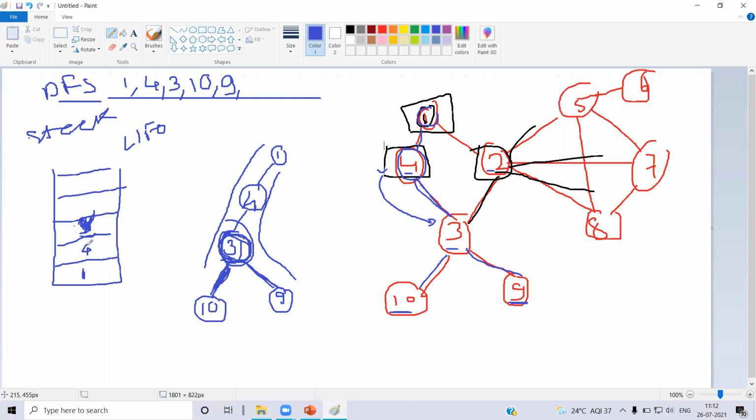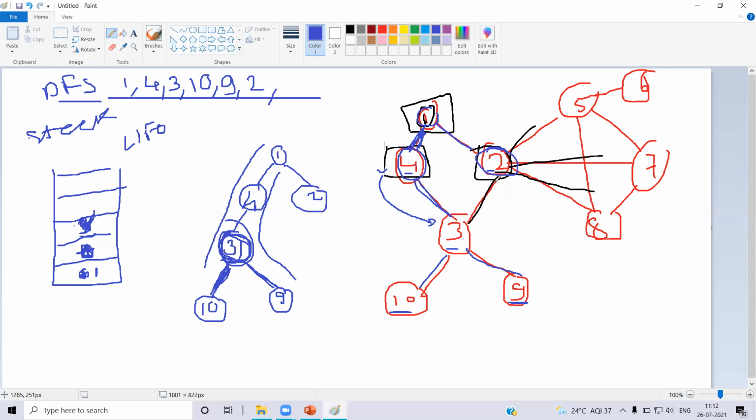So I again pop out the element from the stack, which gives me that 4 is the node where I have to trace back. From 4, again, I check that there is no other node. So again, I move back to the predecessor, which is 1. So 1 will be popped out. Then I check that I have to go to 2. But when you're going to 2, you have to push this 1 onto the stack, and 2 is the next result.